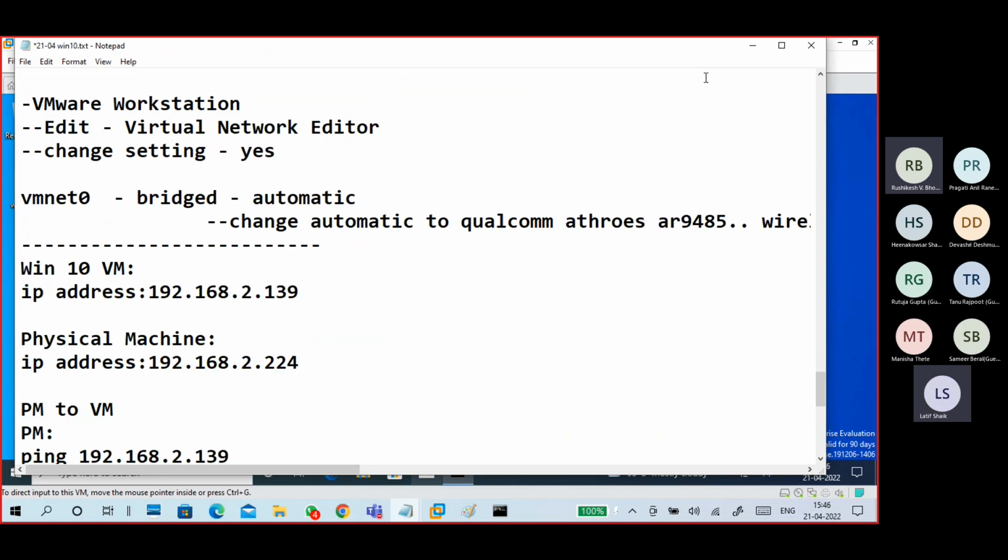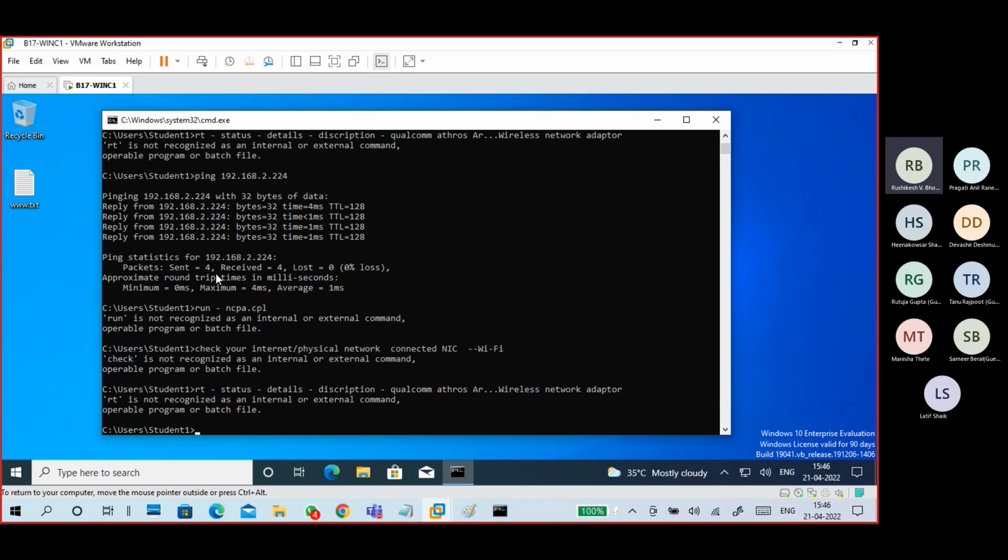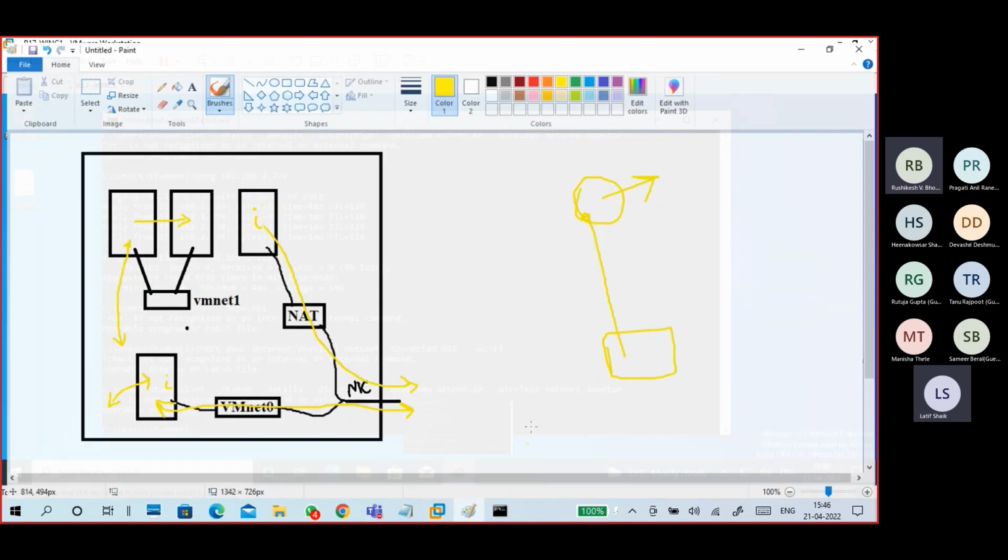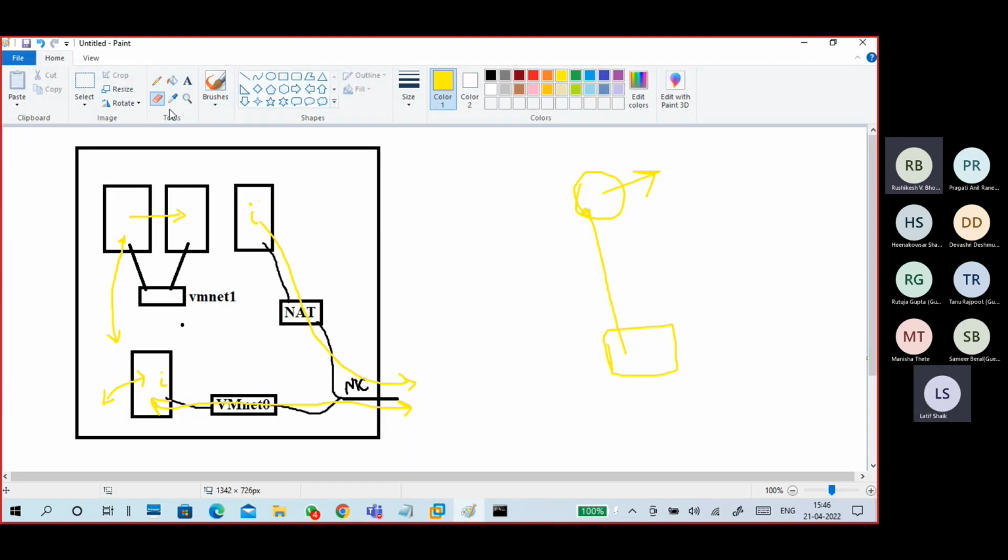I have not copied or pasted anything. Something is wrong. Okay, can you see the reply from the physical machine IP address, bytes, TTL. Packet loss is 0. 4 packets sent, 4 packets received. No packet loss. Ping is successful.